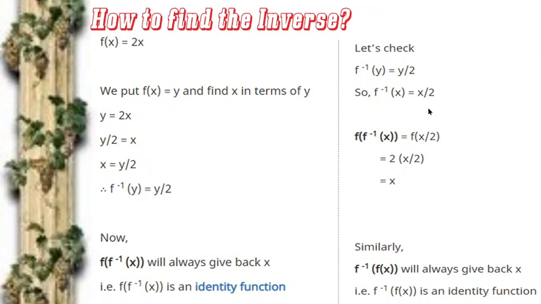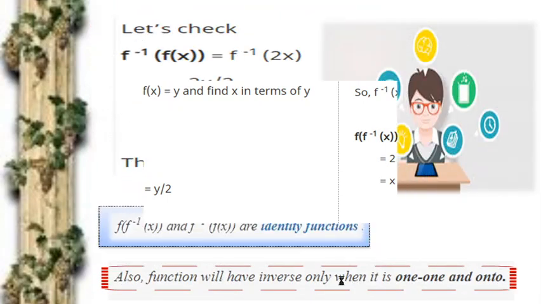So we have taken the value from here. Now treat this as function f(x). f(x) is equal to 2x. So f of this thing means 2 into the thing which is written inside. Let's consider it as x/2. So 2 into x/2, 2 and 2 cancel and x we are getting in return. Similarly, f inverse of f(x) will also give back x. So this is also an identity function.